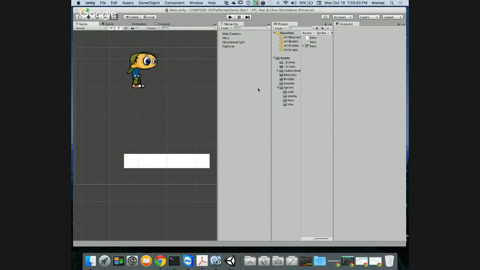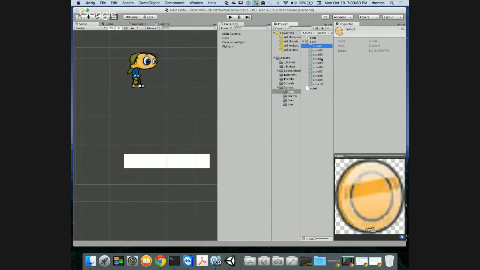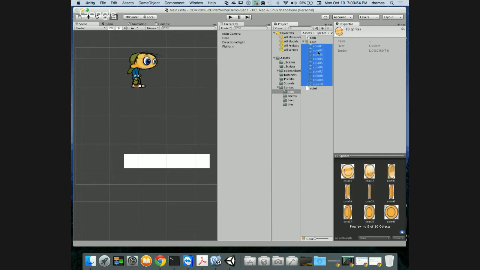Let's create a coin sprite, and we're going to do that, our coin prefab. But in order for me to start that, I want to talk about using the coin. There's a couple of things I can do. One thing is I don't want to use the entire sprite sheet. I just want to use the part of the sprite sheet that's going to be doing the animating, which is this piece. So I'm going to right-click and